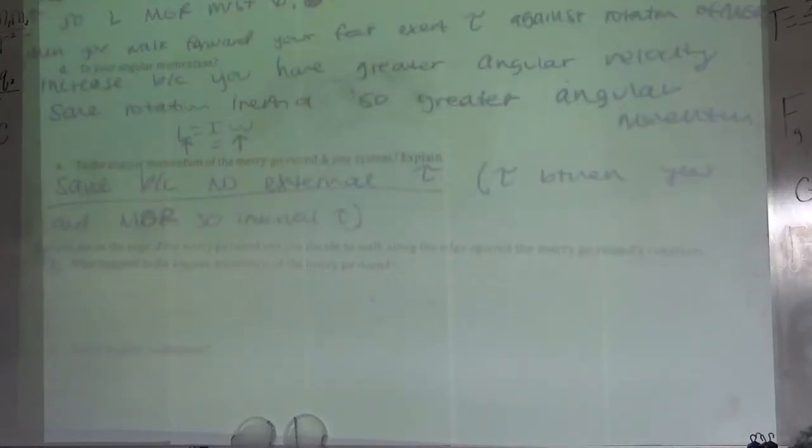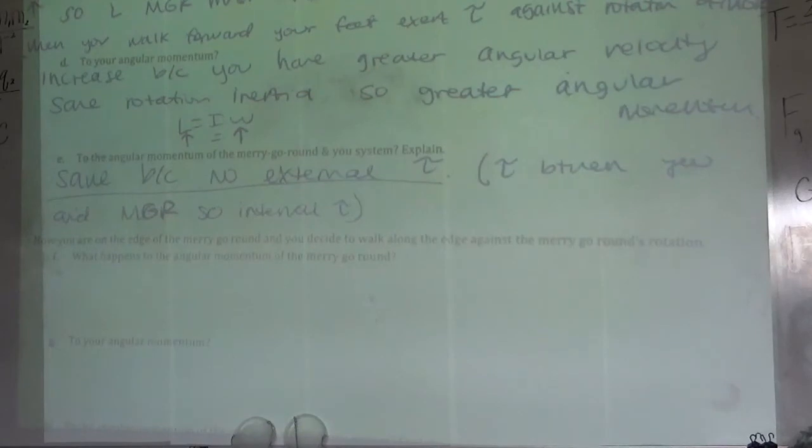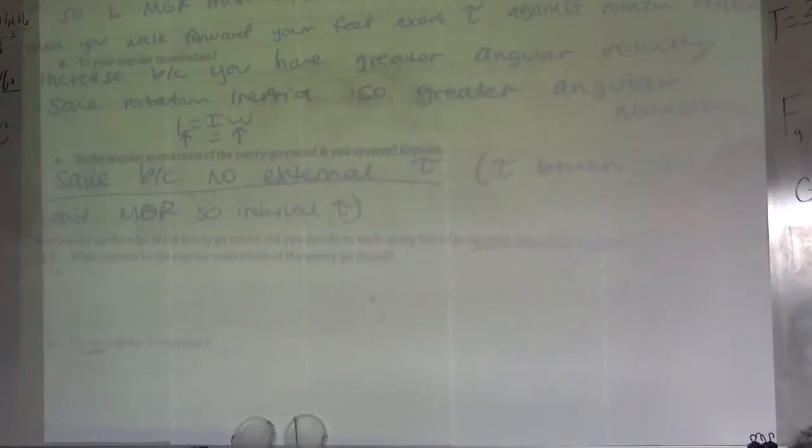If you are on the edge of the merry-go-round and you decide to walk along the edge against the merry-go-round rotation, again, I'm going to start with mine because it's easier to think about. If you are on this rotating object and you start walking the other way, you are now going against that, so you are going slower than before. The same way if you're on a moving walkway and you turn and go the other direction, those are like velocities against one another, so you go slower overall. So your angular momentum would decrease